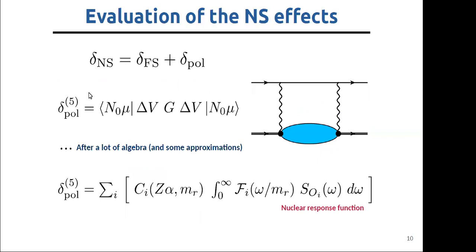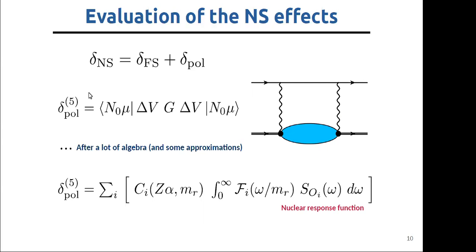So, at the very end, we can split the total nuclear structure effects into a sum of finite size and polarizability corrections. And in this talk, we are interested in the nuclear polarizability, and we evaluate it using the perturbation and a Green function for the muon-nucleus system. And after some algebra and some approximation, keep in mind these points because I will get back to one intermediate step between this expression and this expression later on: the evaluation of nuclear polarizabilities at order (Z alpha)^5, which is